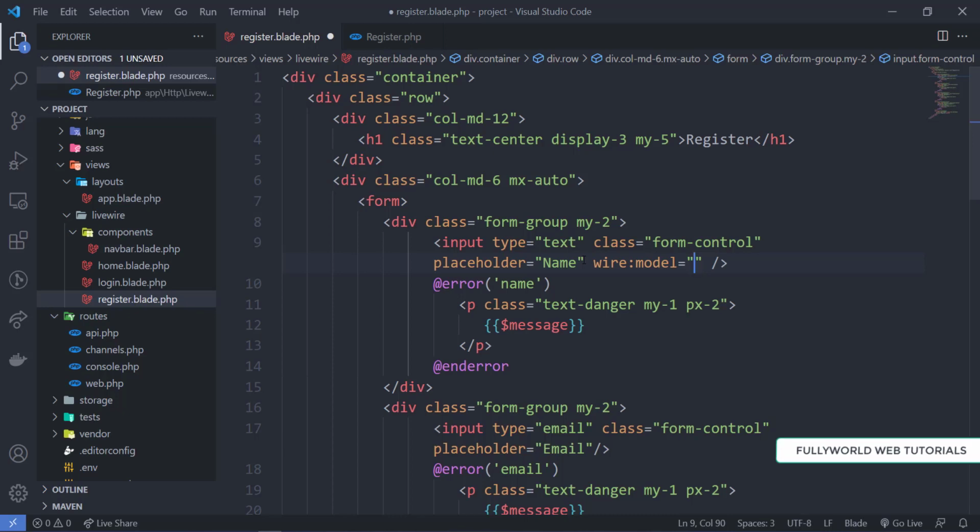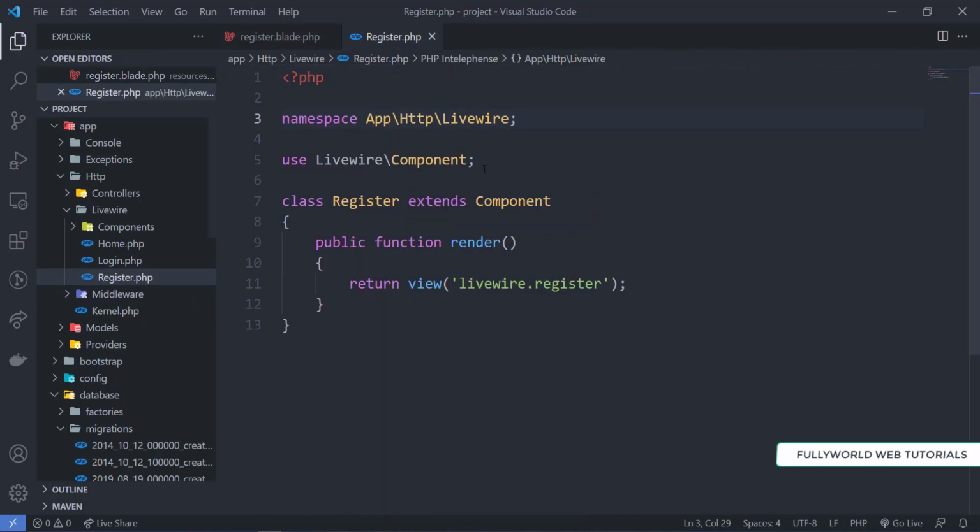So we can also get the value of that variable, and we can also set the value of that variable. It is the same as state in React, and the same as ng-model in AngularJS and v-model in Vue.js. So here I am going to provide the name. So that will be name here. So I am going to write name, and here we are going to provide the variable.